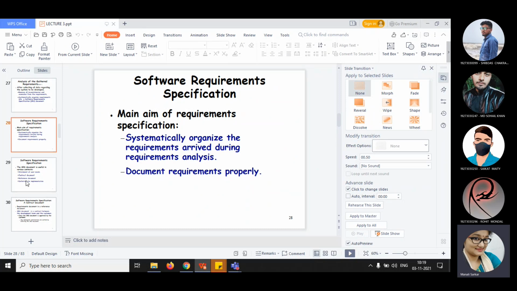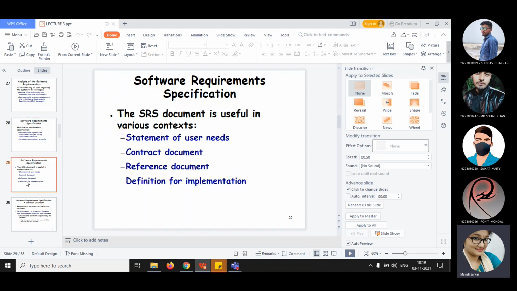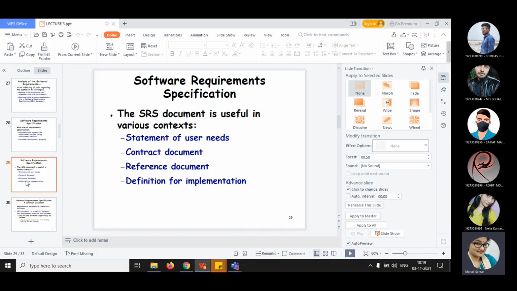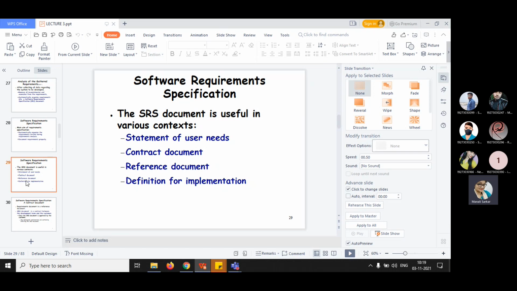The aim of requirement specification is to systematically organize the requirements arrived at during the requirement analysis and document the requirements properly. So the SRS document is useful in various contexts. It is very useful because statements of user needs, contract document, reference document, definition for implementation, all these things should be enclosed in an SRS document.